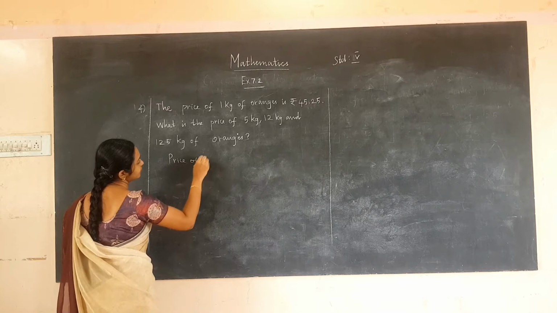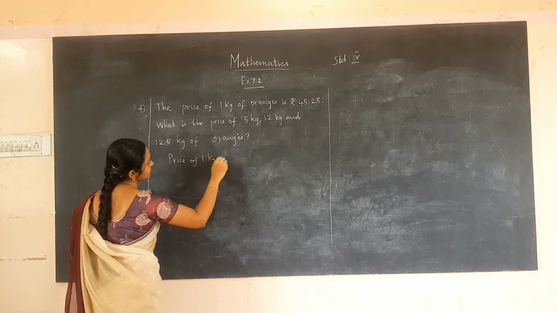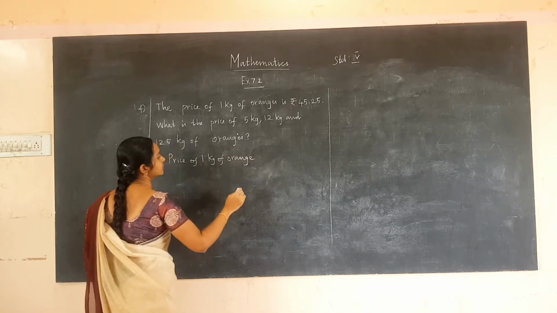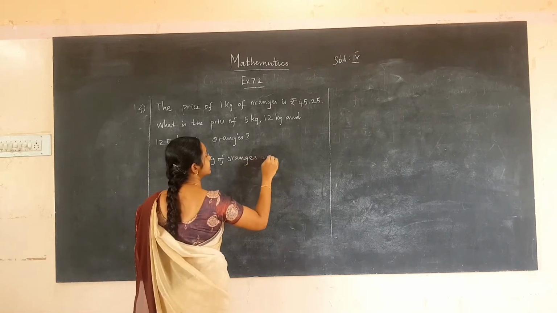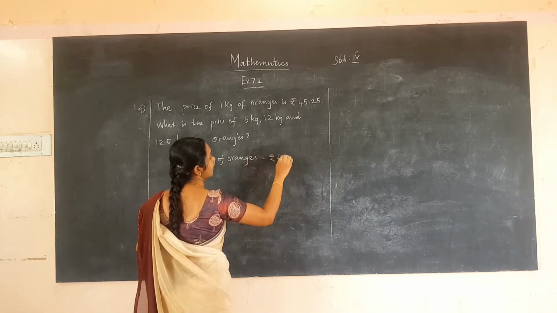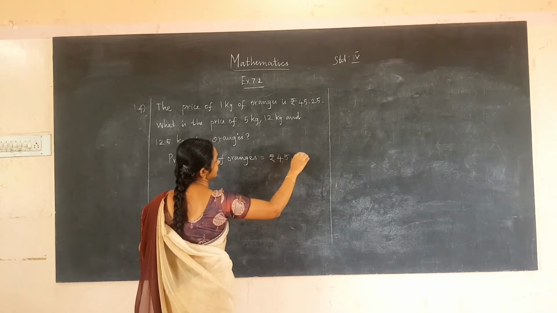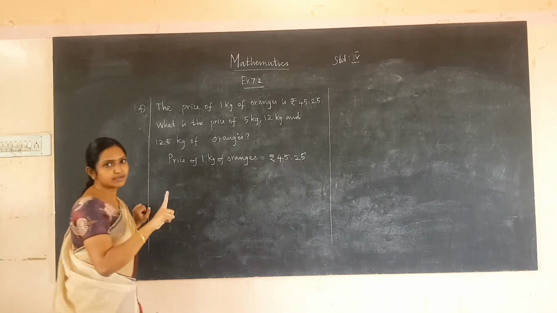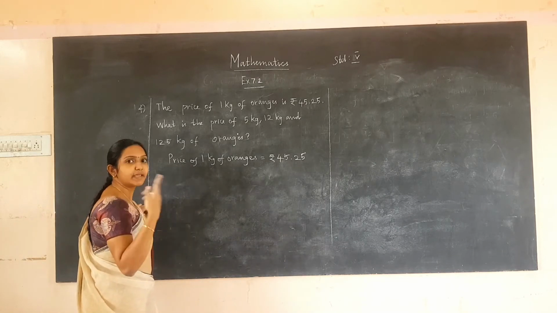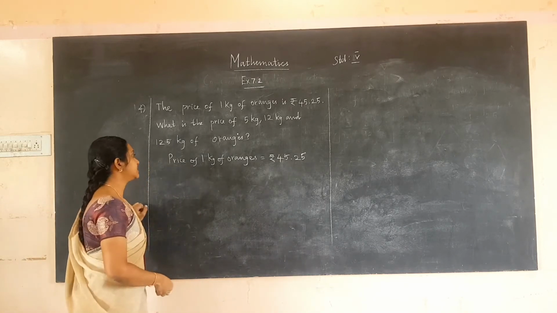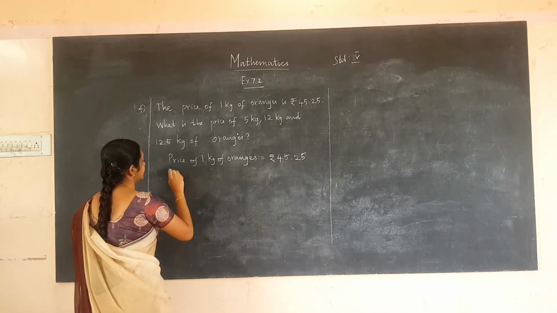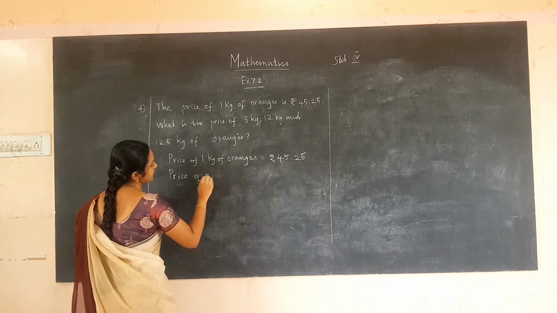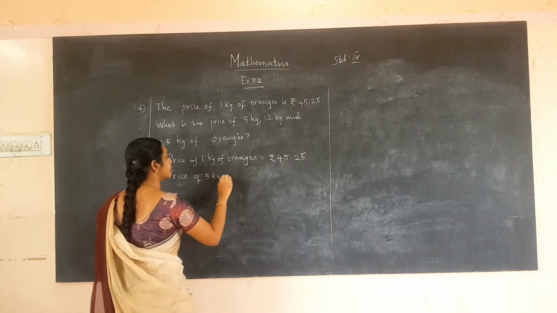Price of 1 kg of orange is given as rupees 45.25. If the price of one is given and the price of many is asked, we have to multiply. Price of 5 kg of oranges